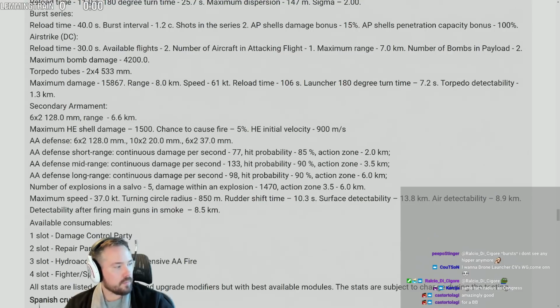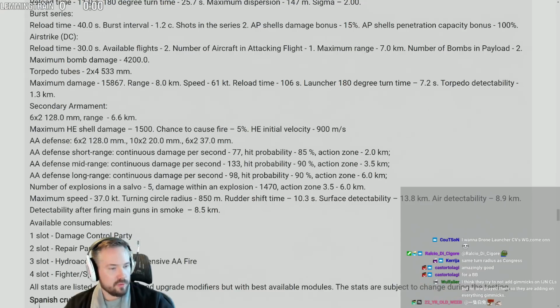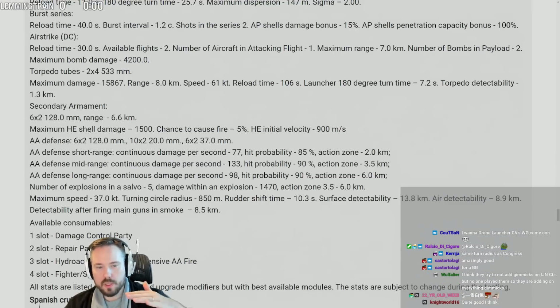850 is pretty bad. It's Congress turning circle. Shimanto has 830, by the way, light cruiser. Chapaev has 890. So it's pretty bad, but it's not like the end of the world. 10.3 second rudder, though, is...